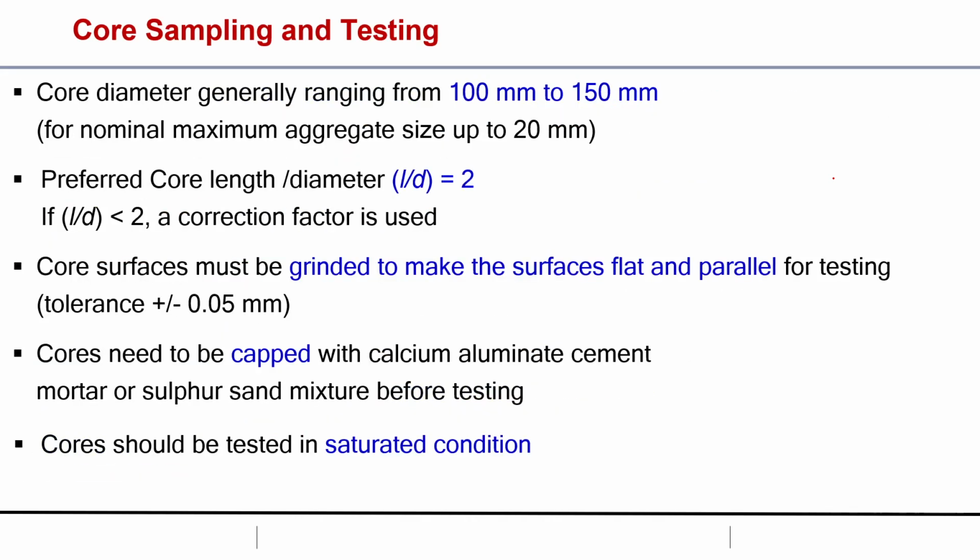This diameter should range from 100 mm to 150 mm for nominal maximum aggregate size up to 20 mm. So if 20 mm aggregates are used, then you can take 100 mm to 150 mm diameter, and the core length to diameter, that is,